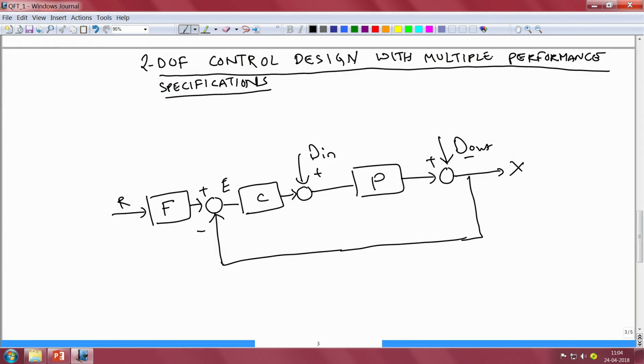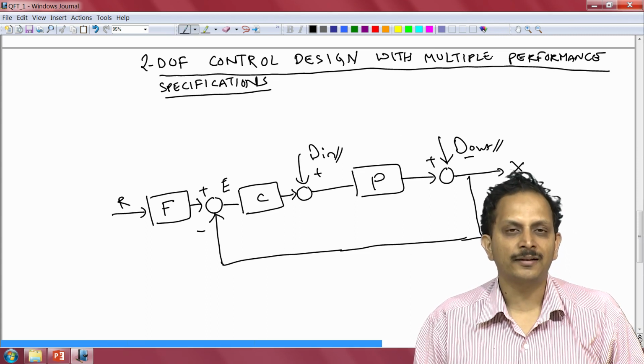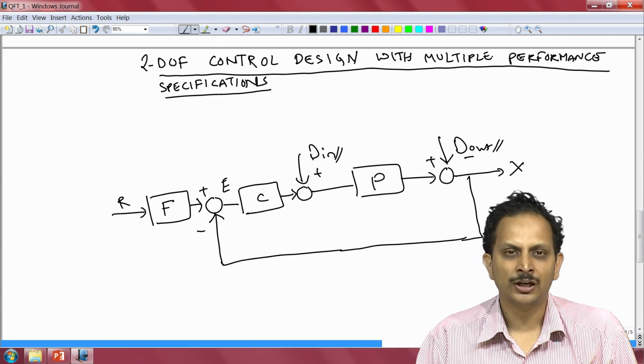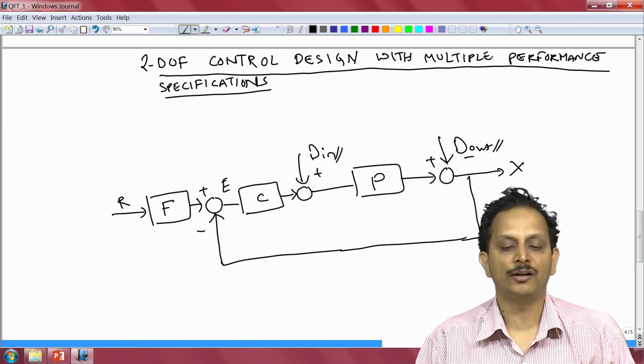For instance, I have drawn the block diagram of the control system that we would be interested in over the next few clips. If you look at this feedback block diagram, you see that the control system is afflicted by output disturbance D out, input disturbance D in, and then there is also a certain reference that needs to be tracked, and the frequency content of D out and D in and the reference may all be very different, and the expected tracking performance in tracking the reference or the rejection performances for rejecting D in or D out in their particular frequency ranges might also be quite different.